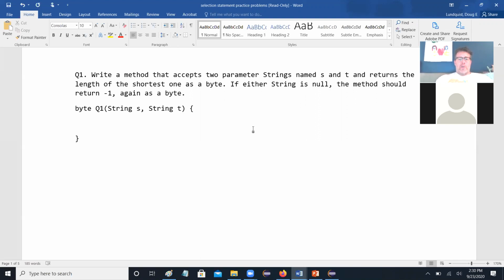Okay, and returns the length of the shortest one as a byte. So we can say, first of all, if either string is null, the method returns -1. So if S equals null or T equals null, return -1. The reason is, if we try to read an attribute of a null object, we can't test for the length before we test whether it's null, because then if we do this